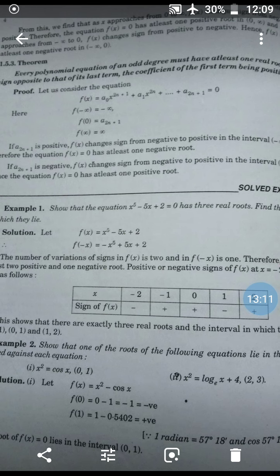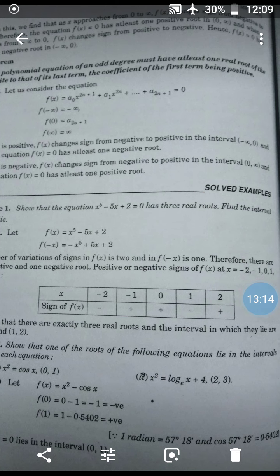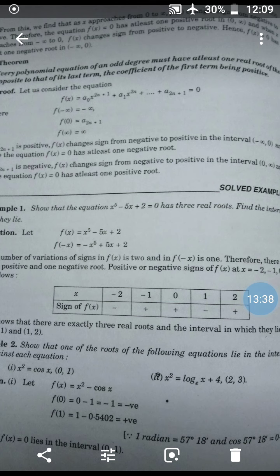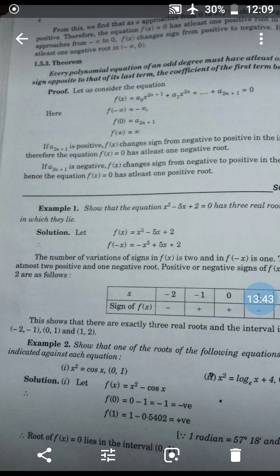We are given that the polynomial is of odd degree and must have at least one real root of the sign opposite to that of its last term. So f of minus infinity is minus infinity, f of 0 is a2n plus 1 and f of infinity is infinity. Now we do not know the sign of a2n plus 1. If a2n plus 1 is positive, then f(x) changes sign from negative to positive in the interval minus infinity to 0. It means the equation has at least one negative root, and if a2n plus 1 is negative,